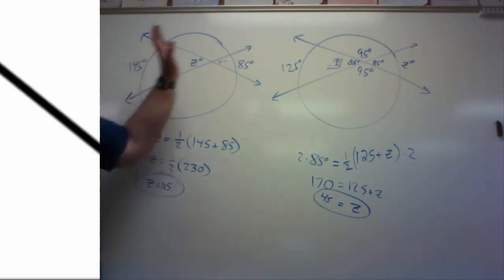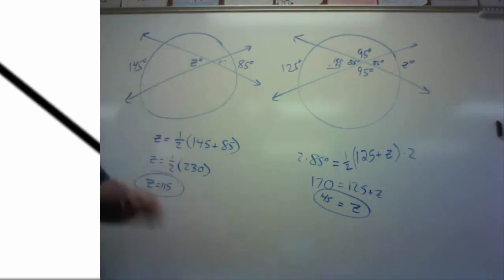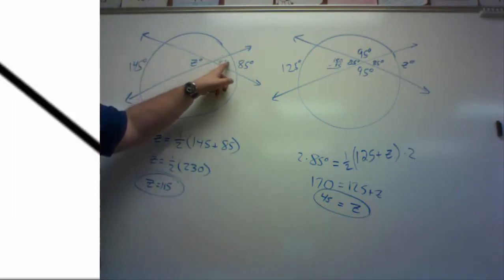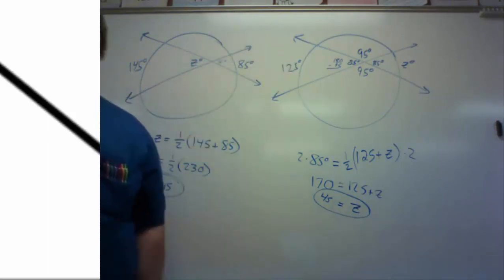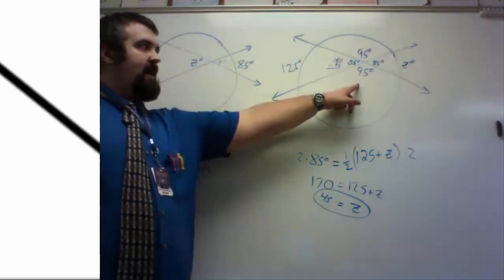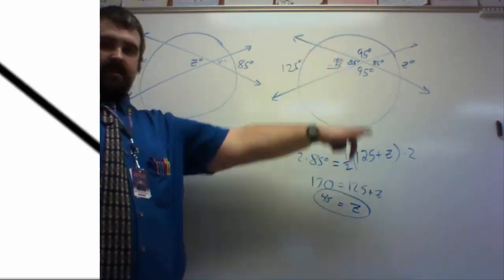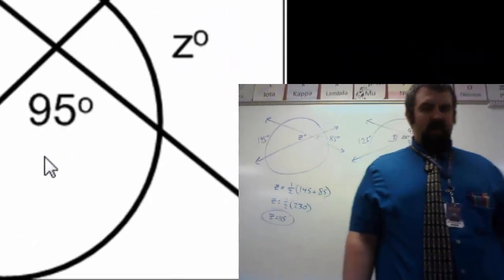I will add the arcs together, divide by 2, and set it equal to that interior angle. The arcs I choose will be arcs that are across from each other and will be across from the vertical angles that they're using. It does not make sense to use 95 here because its arcs don't match up. They're not across. They're kind of like kitty corner or something. Alright,